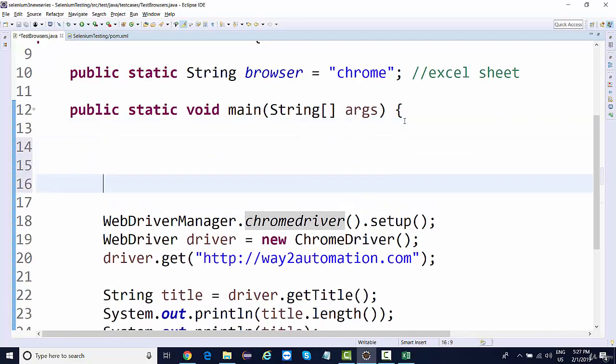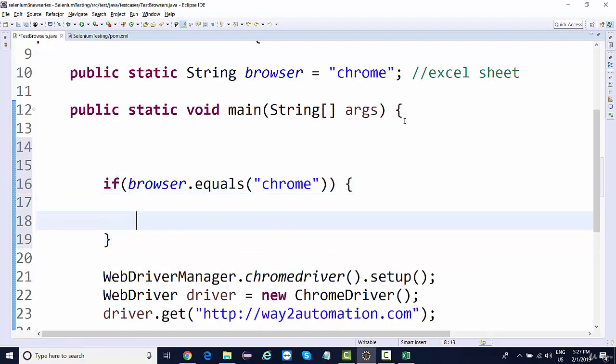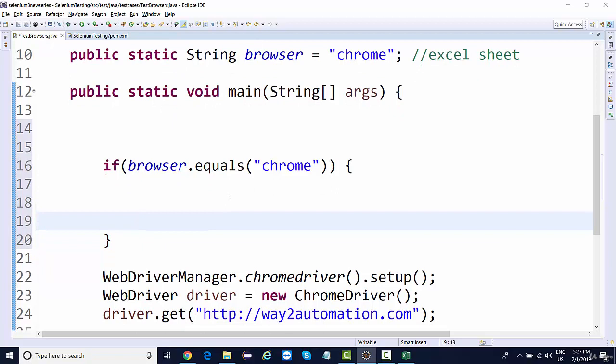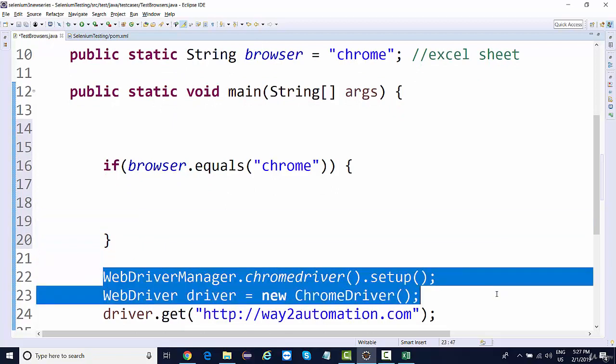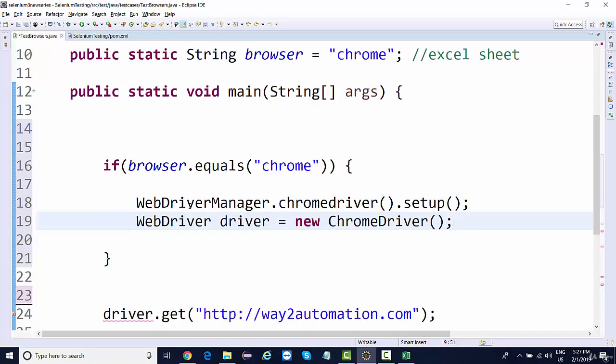We're going to write something like if browser dot equals Chrome, then do the stuff for Chrome. And then I'm going to remove this from here and add it over here.